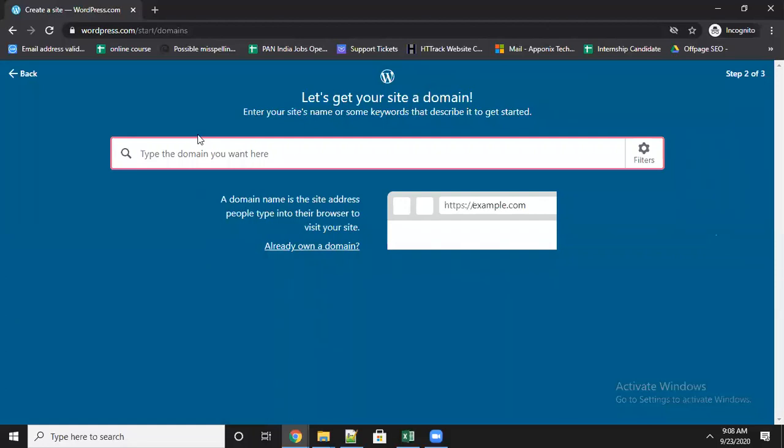What is the domain? First the concept comes: which domain do you want to take? For example, they have given one screenshot here, https://example.com. It is one domain. But here try to use your stream or your niche, the industry you want to blog about. That word has to be in the domain. For example, if you're doing a blog on SEO, then try to add SEO in the domain. That will give weightage and identity also.